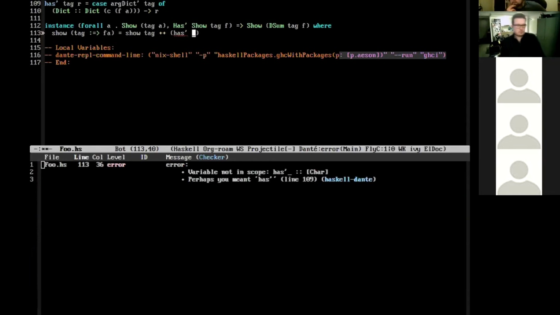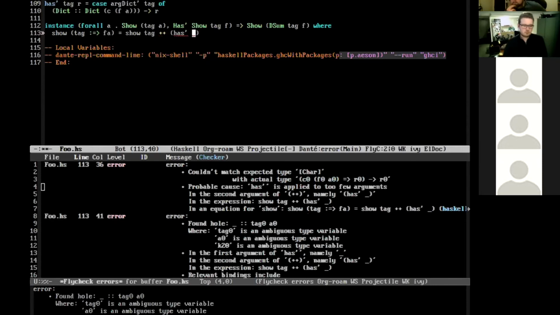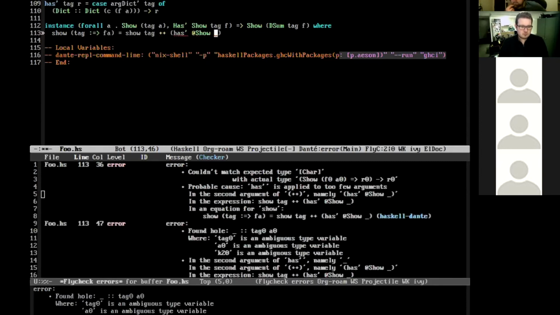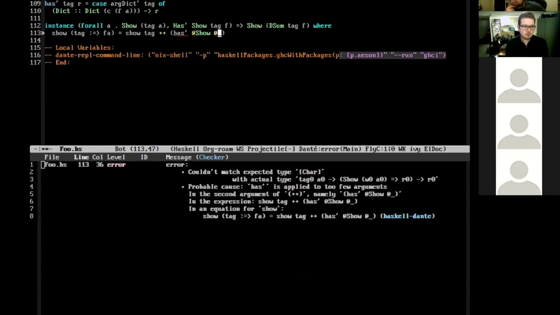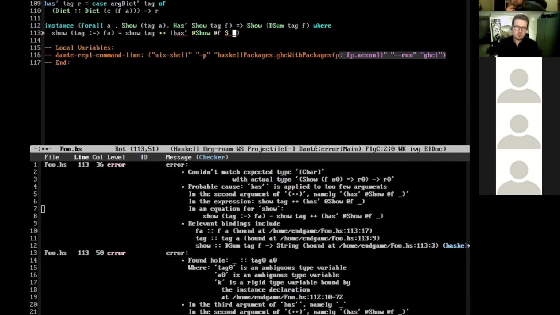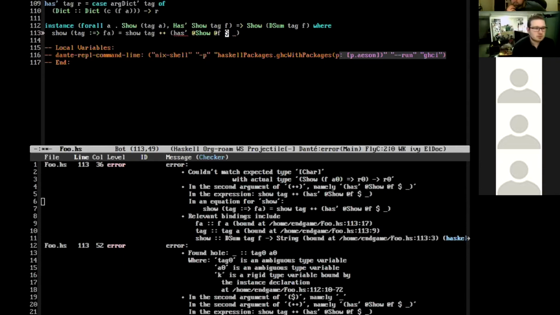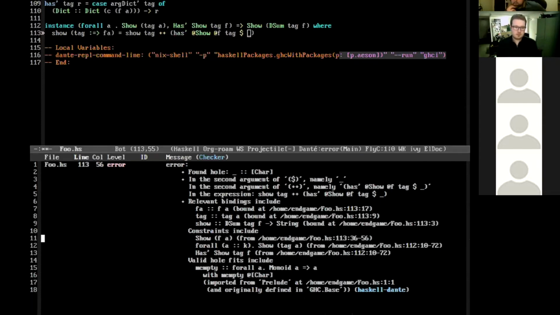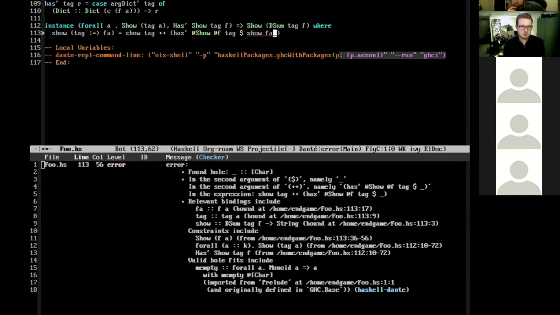So has prime will let us do that. We'll have no idea what the types involved are. So we want has prime at show, and we want it on F. Once we have that, and we pass in the tag so it knows what A we're talking about, we now have show of FA in scope. Once we have that, we can use it.